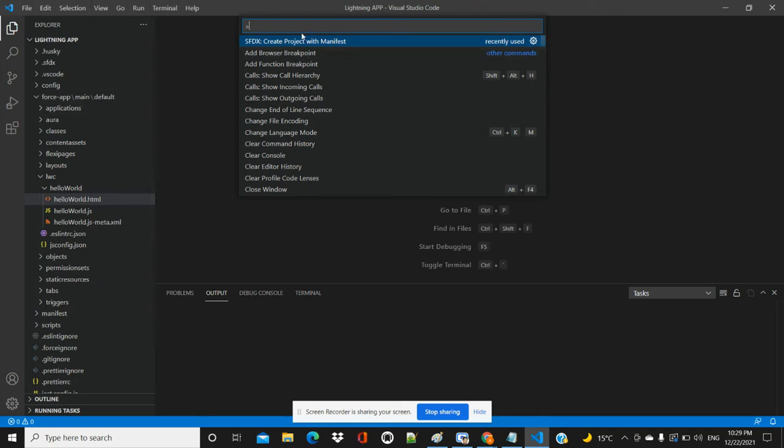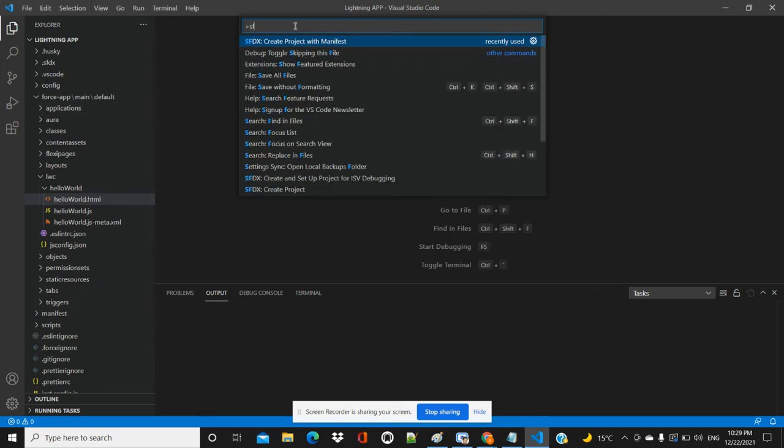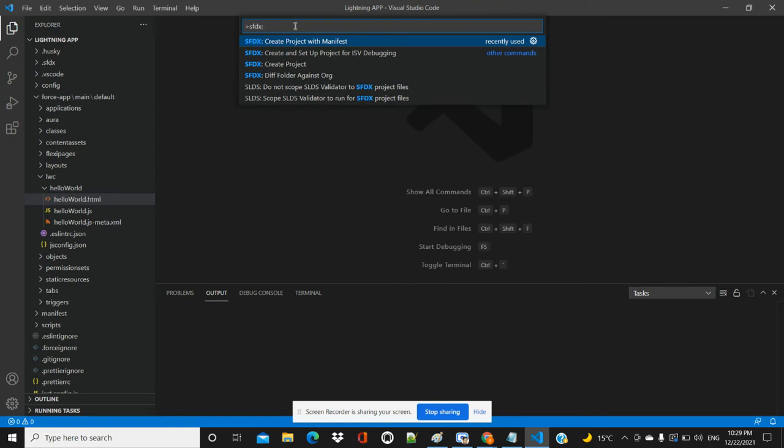If we want to create a new project, the SFDX: Create Project with Manifest option is already there. Otherwise type create.